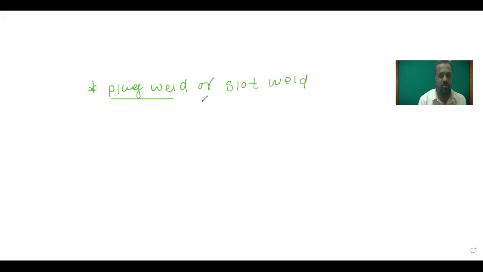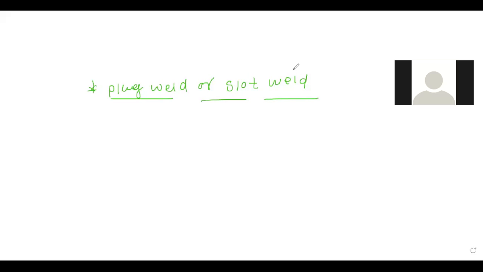First of all, try to understand the meaning of that weld, and then we will discuss how to draw their symbol. Yes, please, anyone. What is meant by the plug weld? One plate is cut in small cross-sectional area, and the other plate is just welded on it through it.